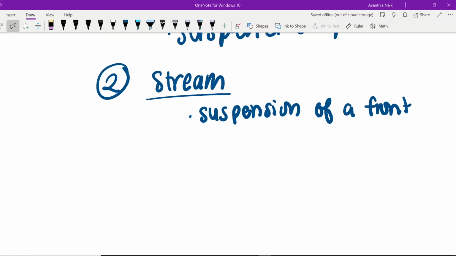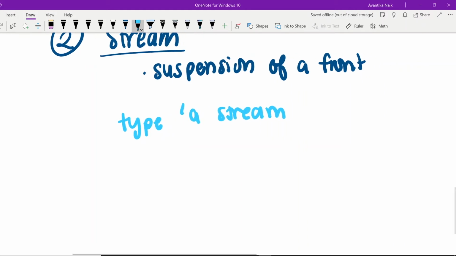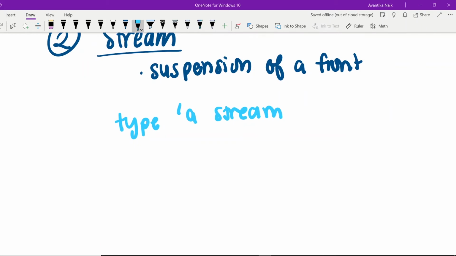Now let's look at the definition of a stream in order to better understand it. The way a stream is defined in SML is we have a type of an alpha stream being something. So we don't have to define it because we don't care what the actual type is.